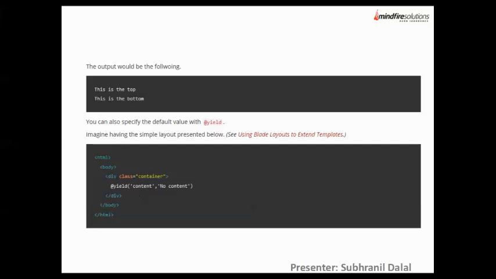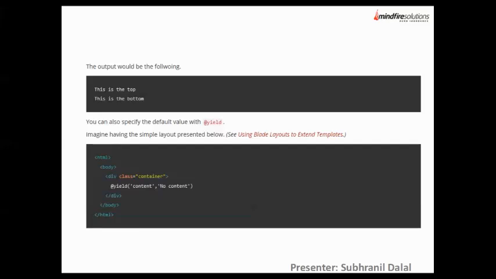Whichever section you are going to print or make visible to the user, you just name it. That is the first parameter, but yield also takes a second parameter, which is the default text. If you yield some section but that section is not available or you missed it, then whatever default content you passed into that yield function will be visible